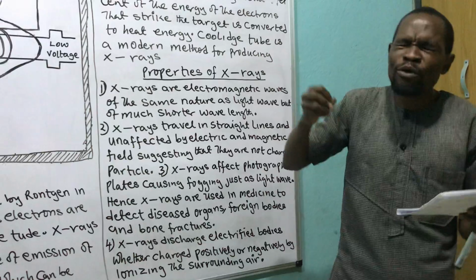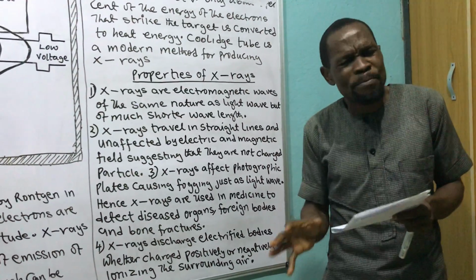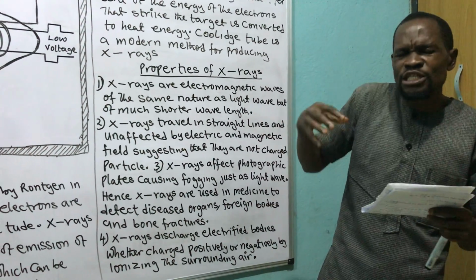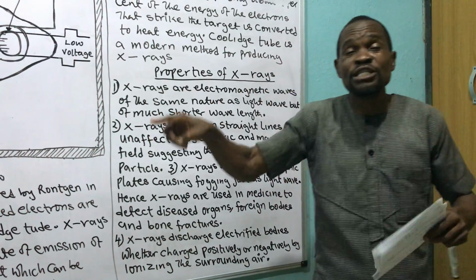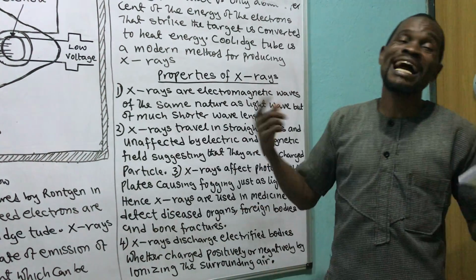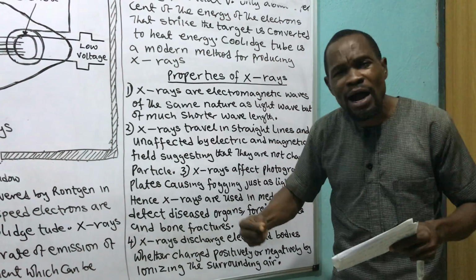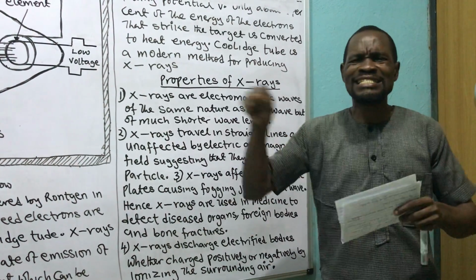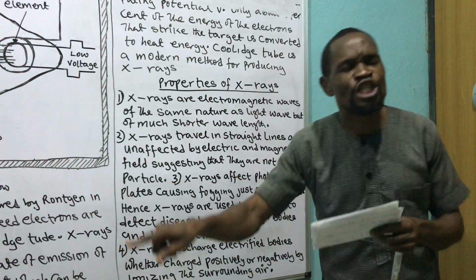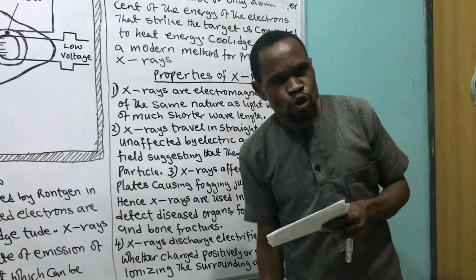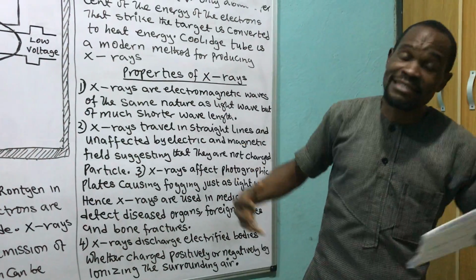If the density is higher, the penetrating power will be low. If the density is lower, the penetrating power of X-ray will be higher. So X-ray has a penetrating power which depends on the density of the material it is about to pass through. So if the material has a higher density, the penetration